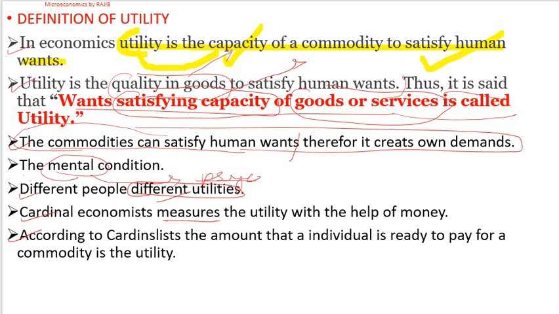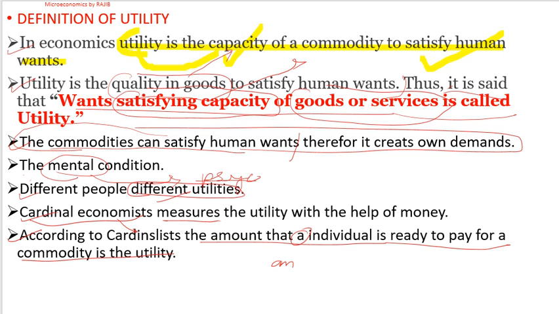Next one, according to cardinalists, that means cardinal economists, the amount that an individual is ready to pay for a commodity is the utility. So this is the definition according to the cardinalist economists. They are saying that the amount that an individual is ready to pay for a commodity